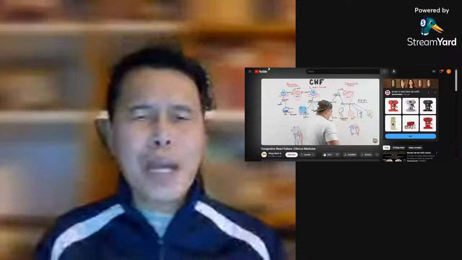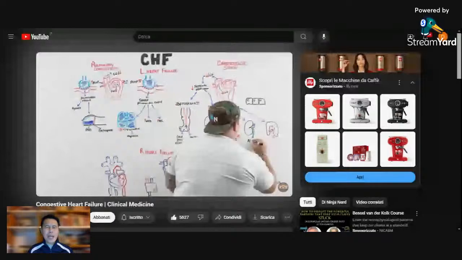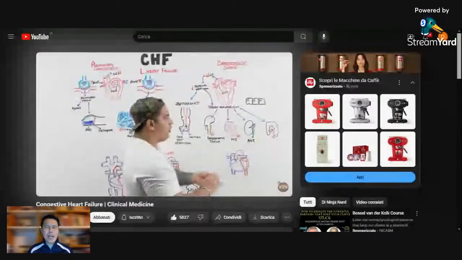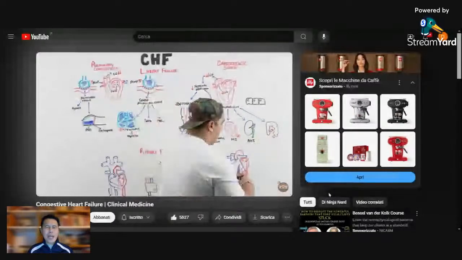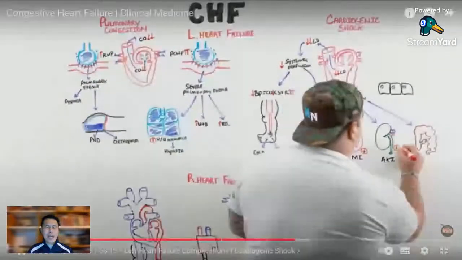The other thing is it may cause, son of a gun, injury to the kidneys. This is called an AKI. There is a very common terminology that you may hear here. When patients have very severe heart failure and they don't perfuse their kidneys very well because of decreased systemic perfusion, but venous pressure is high, so it's hard to get blood out of the kidney, they can develop something called cardiorenal syndrome, a very common trigger of AKI, so don't forget that one.